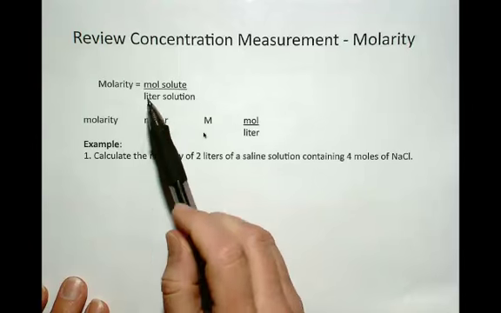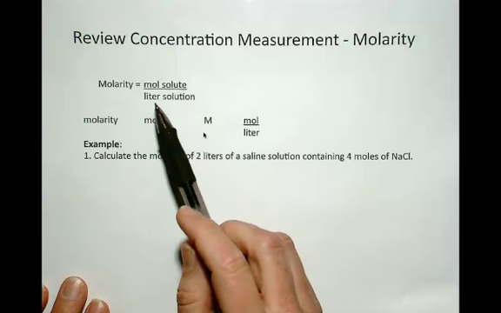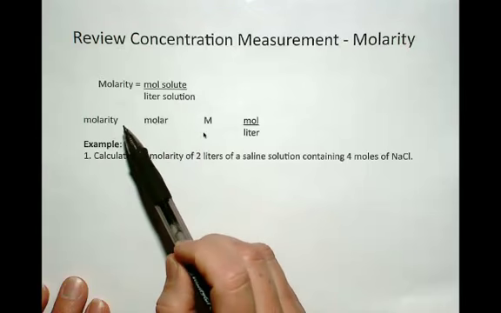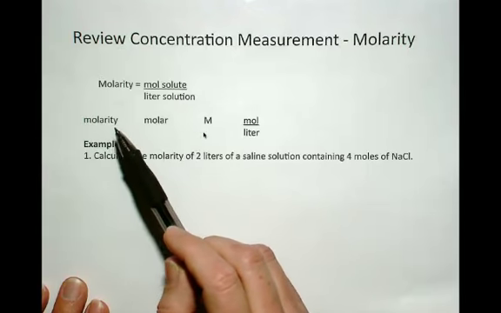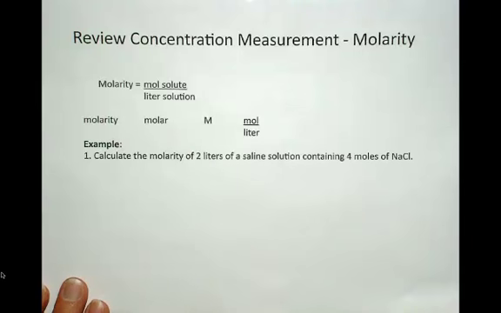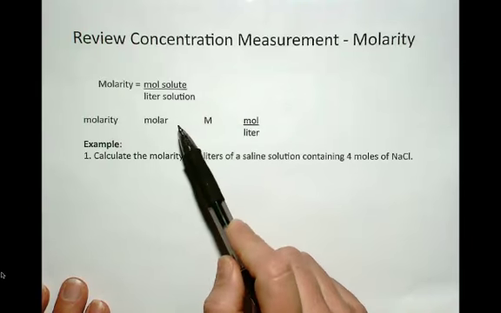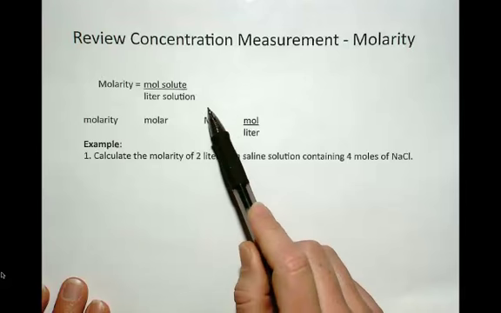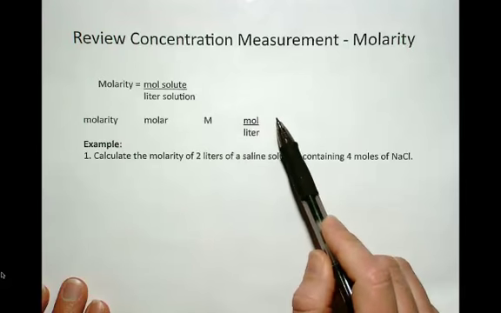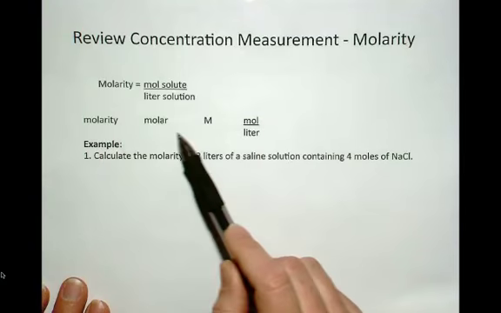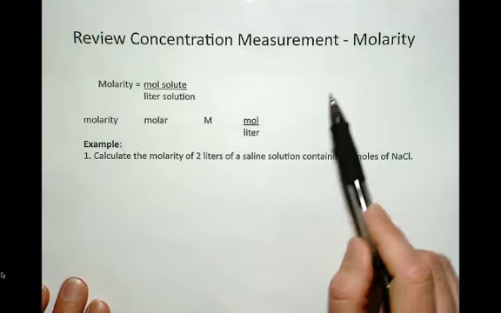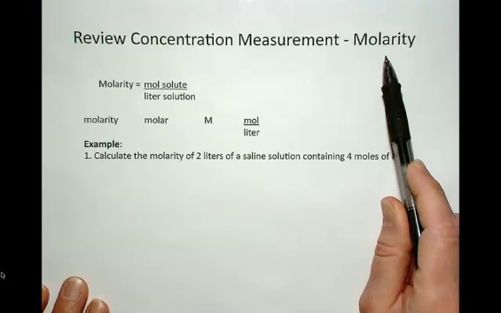Okay, so molarity again is defined as moles of solute per liter of solution. Sometimes we say we're talking about the molarity of a solution, or when we're defining a solution, we might say we have a 1 molar solution. The common abbreviation is capital M, and the unit itself is moles per liter. So these are all different ways that the same thing is expressed when talking about molarity as a concentration unit